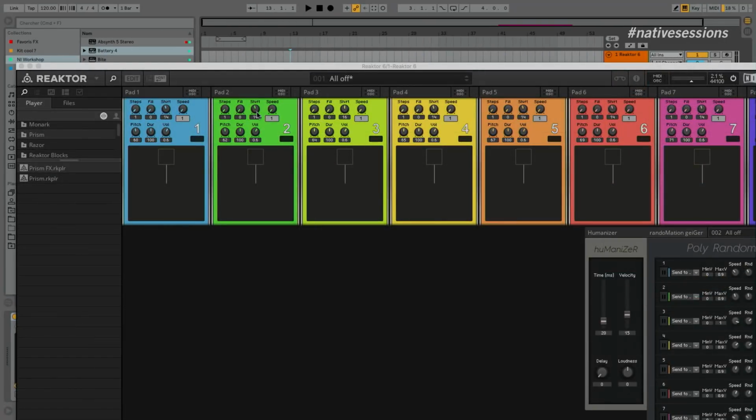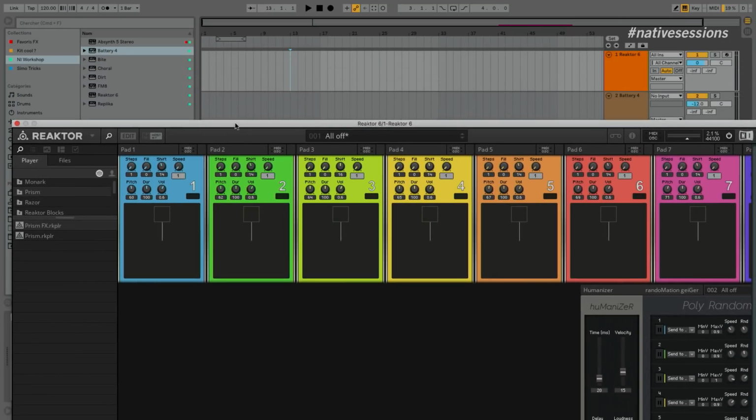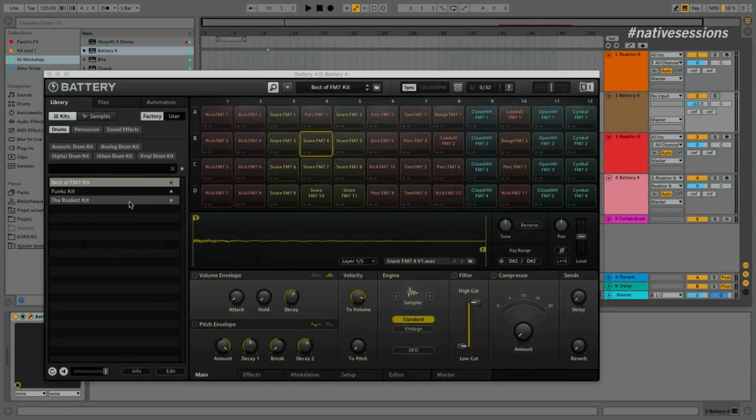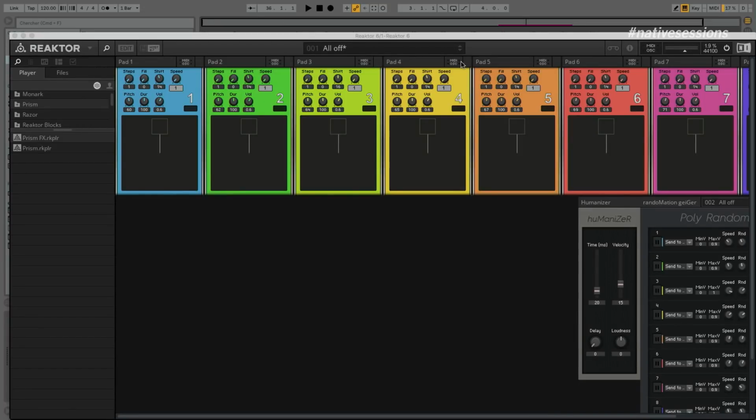Each frame, with those colors, represents a note. You've got the pitch here, and each note refers to a drum. Those drums refer to one note, and then the MIDI. I'm gonna send a MIDI signal from Reaktor to Battery. I'm gonna show you.